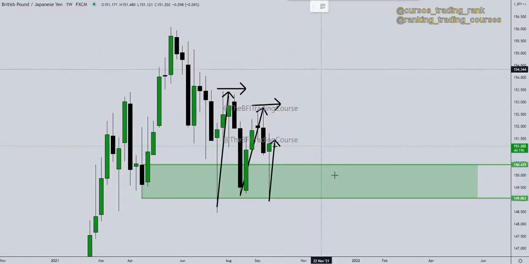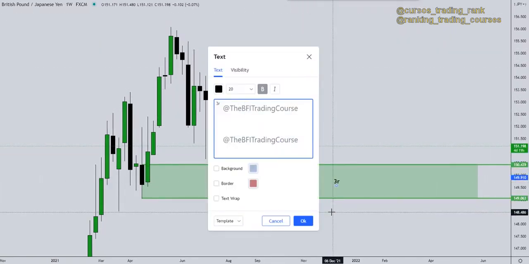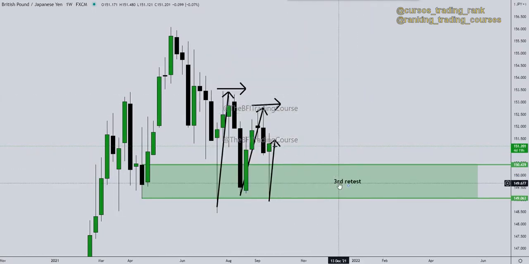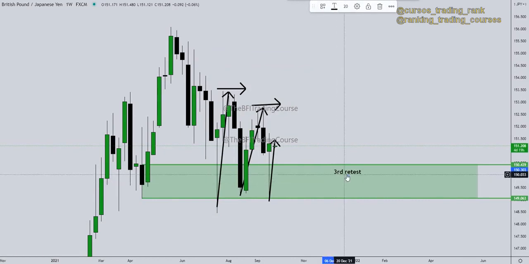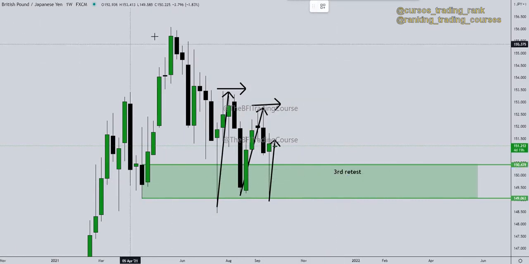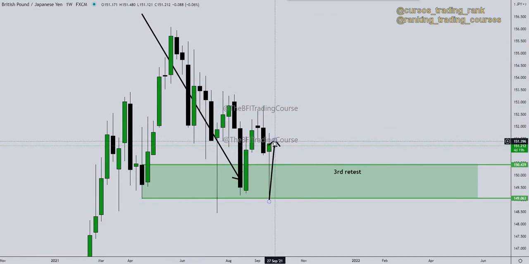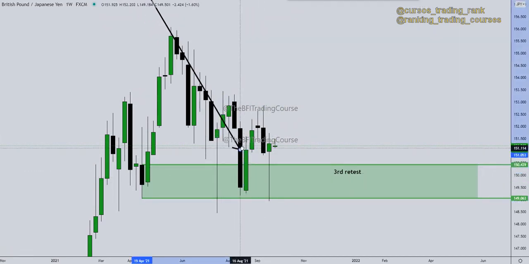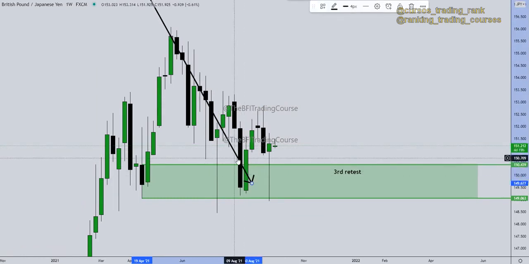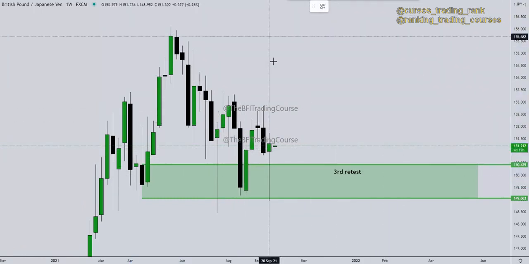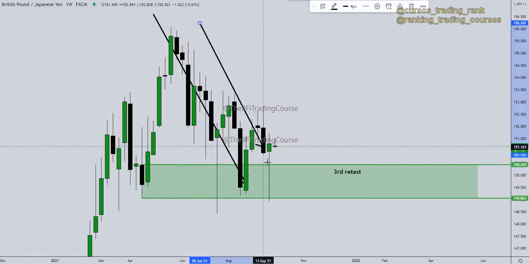So what are the facts here? You have a third retest, okay, and what else? It's coming from a monthly zone, which is very important to have this context. What do you think is likely to hold? Now, we don't really know, but you can just consider the probabilities. A monthly move coming down